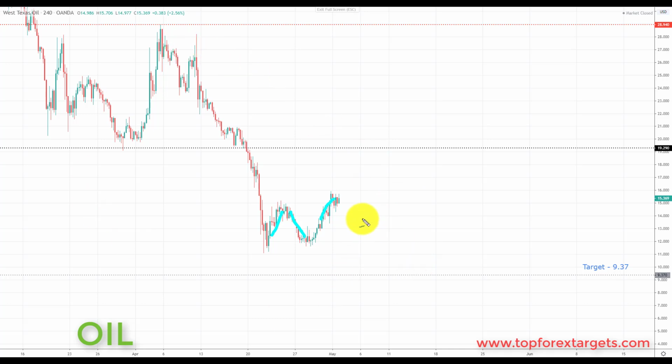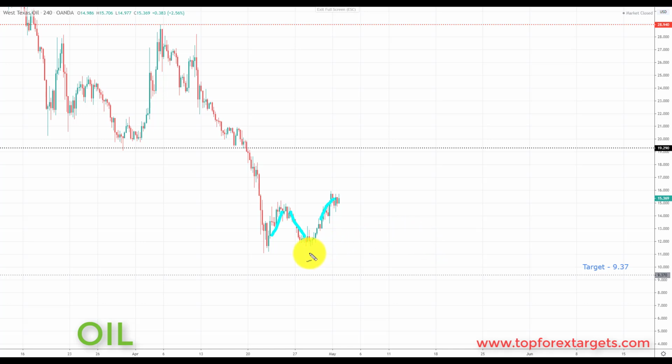Again, anybody new to trading, especially if you can only trade the futures, because the futures and the spot price are different. We went through this in last week's video, and you can actually just avoid trading crude oil altogether if you can only trade futures, because we may see some more wild moves coming in the crude oil markets in the June contract. So just bear that in mind if you are trading crude oil.